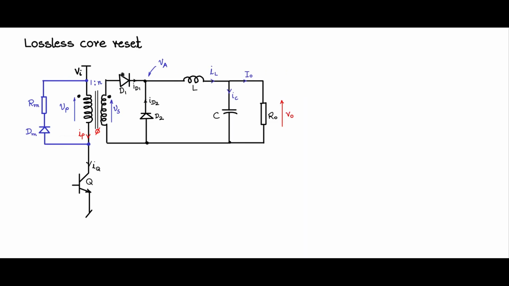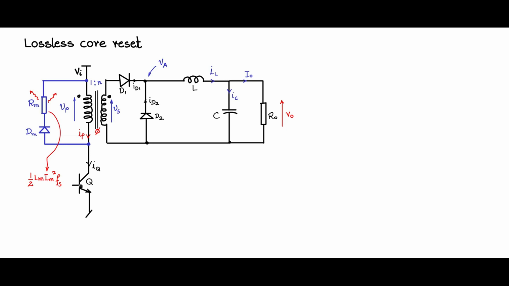We have been discussing this forward converter with this type of core reset. Now this is a lossy core reset. The reason being that there is some dissipation occurring in Rm, and we calculated that the dissipation in Rm is half Lm Im square into Fs, meaning half Lm Im square is the energy stored in the magnetization, and that half Lm Im square must be removed every cycle, and therefore half Lm Im square Fs is the amount of power dissipation in this Rm. So this will bring down the overall efficiency of the forward converter.